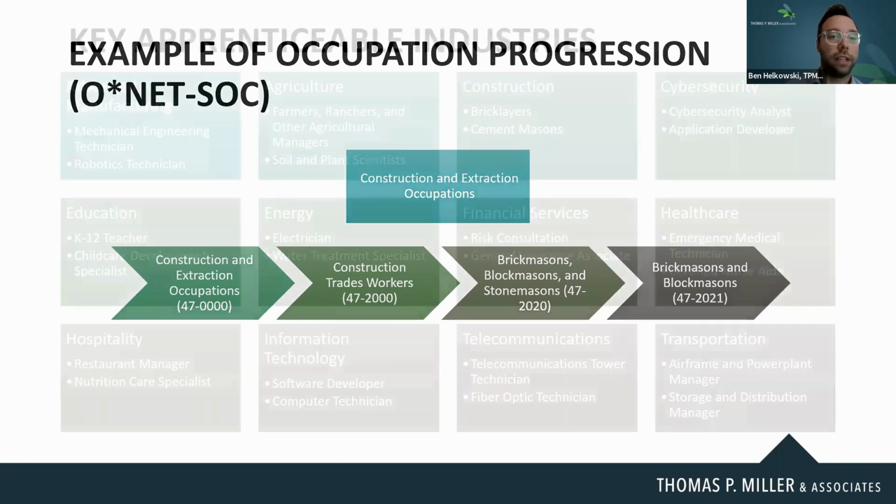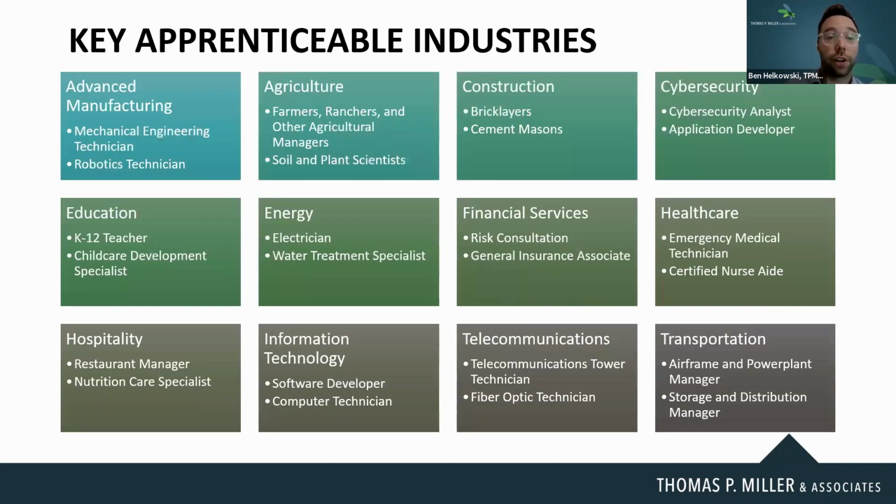All that's to say, occupations and industries or sectors are worth considering and exploring when trying to identify a program that you might want to create. Apprenticeship USA has outlined 12 key apprenticeable industries. Industries on their website currently include advanced manufacturing, which includes occupations such as mechanical engineering technicians and robotics technicians,